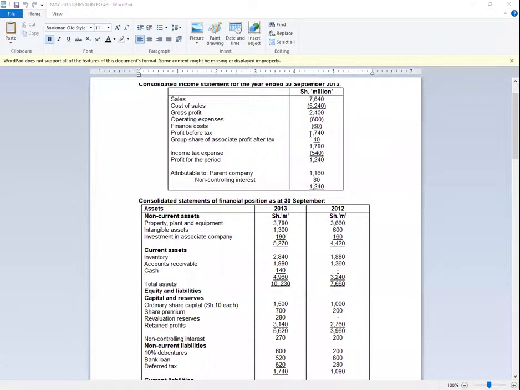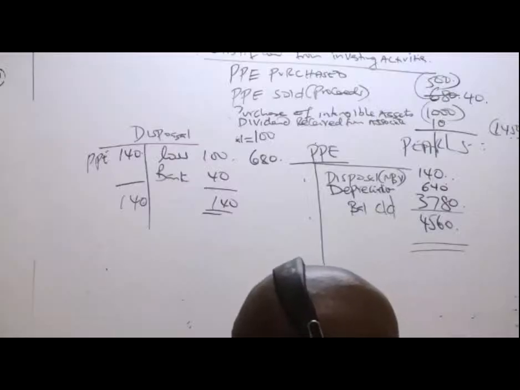The 40 is not within 1740, right? I would have only deducted it if, for example, I began from profit for the period, 1780. So maybe I would have gone ahead and said minus 40. And that is why I told you from the word go, always ensure that you begin from profit before tax. Just check what your teacher taught you. I'm so sure if your teacher was subtracting this profit from the associate, this teacher must have begun with this figure, which is still okay, although yours will be a bit longer. Great. So, ladies and gentlemen,